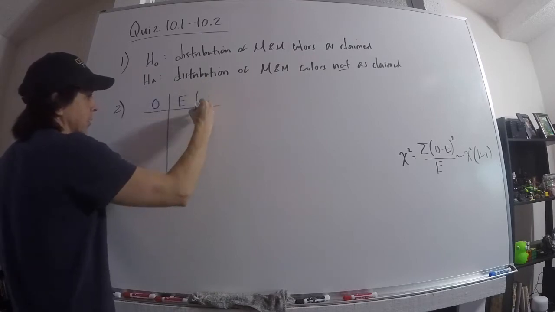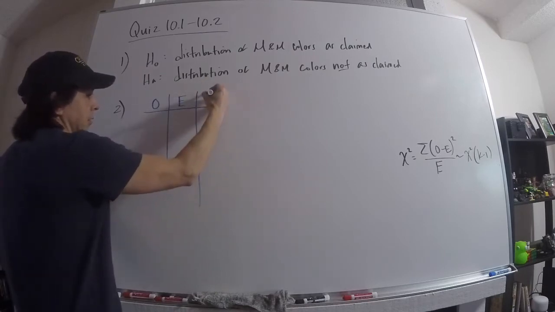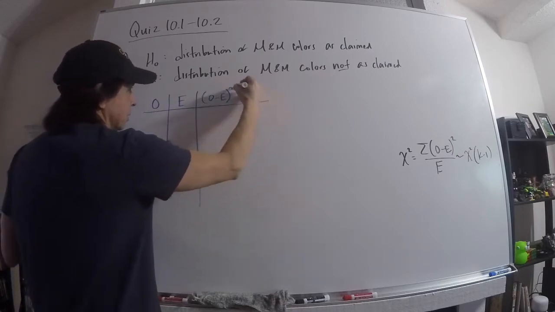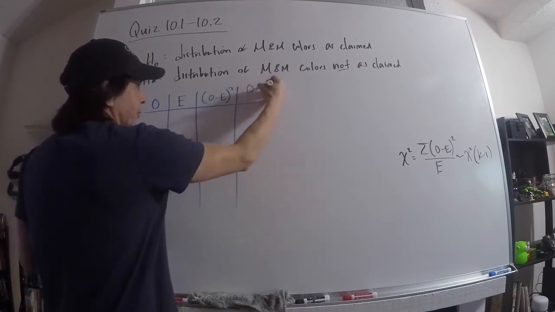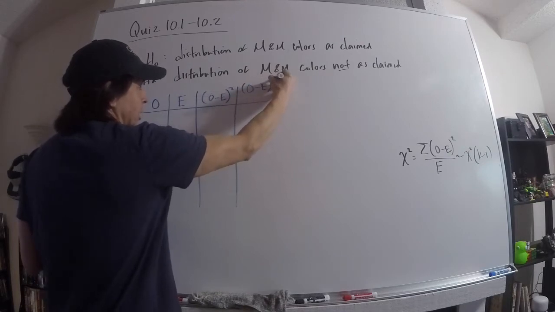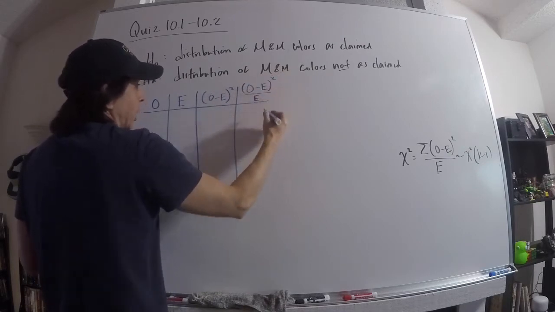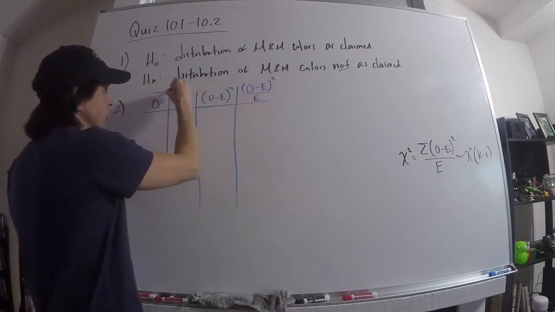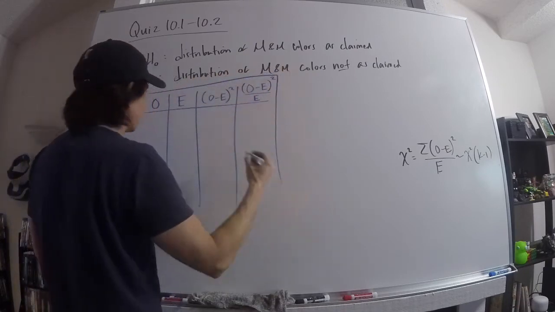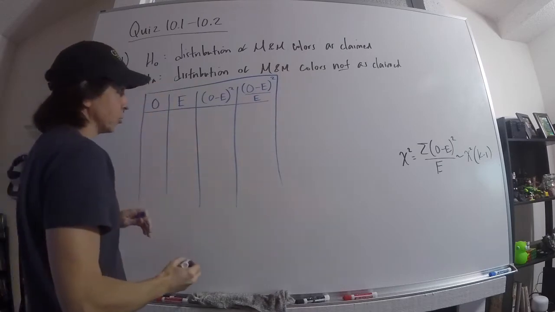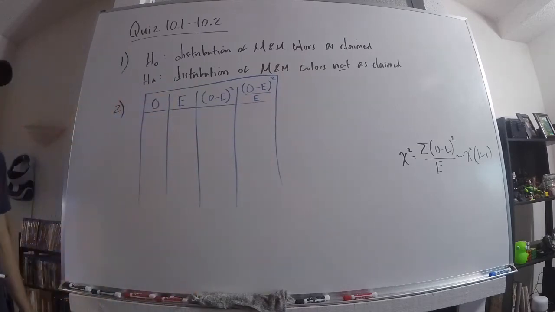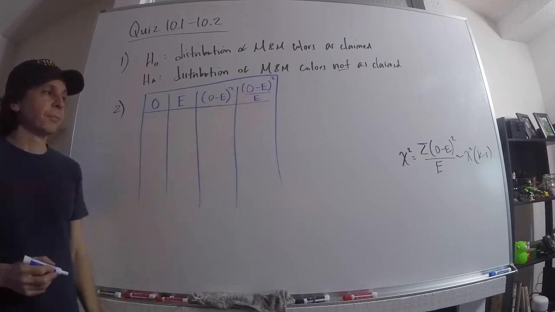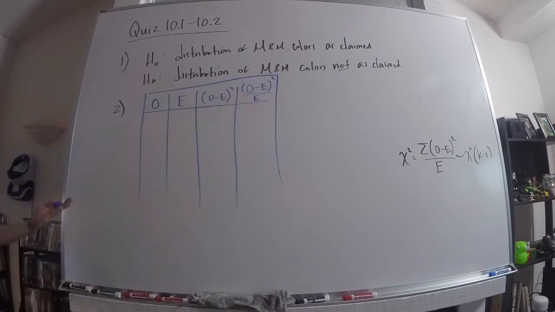E, I'm going to do it in baby steps. I got lazy last time, I think, but I had a good night's sleep, so I'm willing to take an extra step here. But you don't have to. You can skip O and E and go straight to the formula if you're comfortable. By all means, I just want to make sure that nobody's completely lost when I do too much at once. Okay, so I'm going to do the (O minus E) squared first, and then take that result and divide it by E. All right, now the O stands for observed,